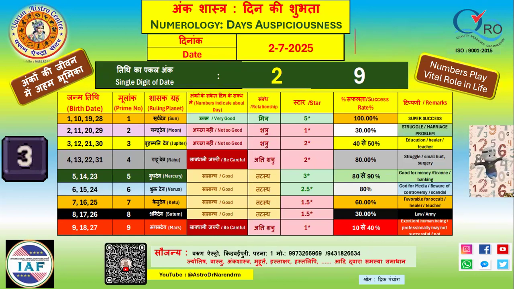So with this, the presentation comes to an end. Because this 9 number is friendly only with one number, and even 9 number is not friendly with its own number. 9 represents fire, and you know too much fire is not good.